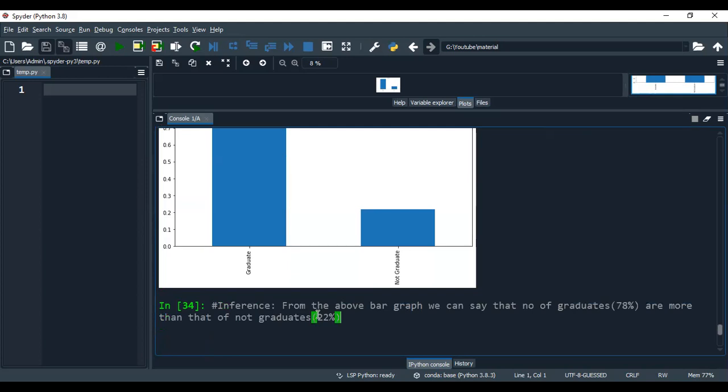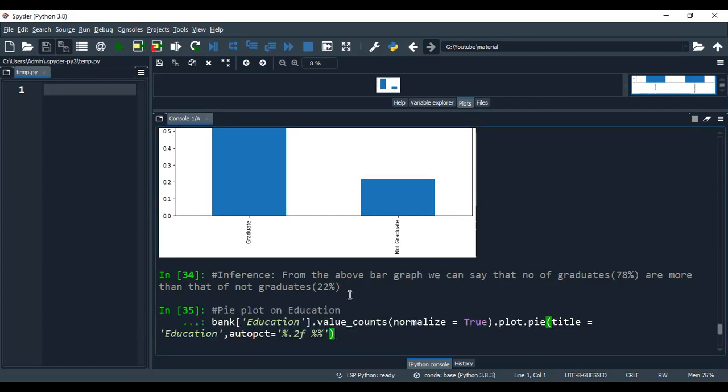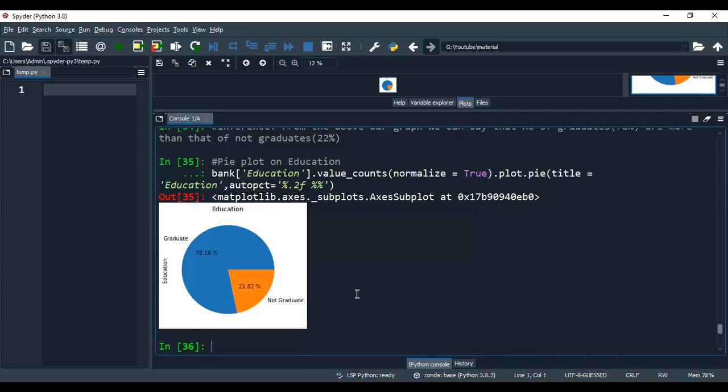From the above bar graph, we can say that the number of graduates, 78%, is more than that of not graduates, 22%. We'll have the pie plot on education. So this is the pie plot.